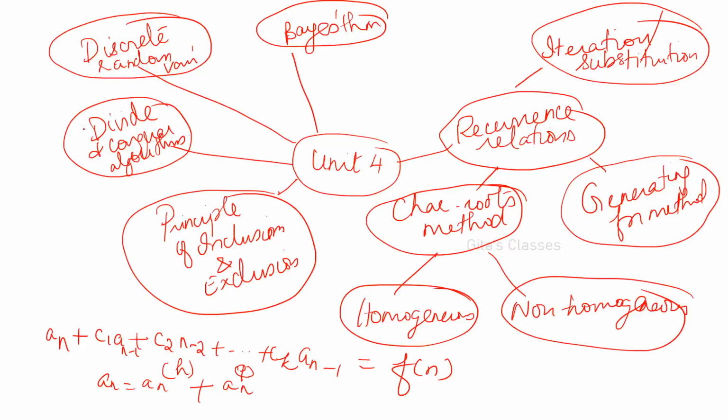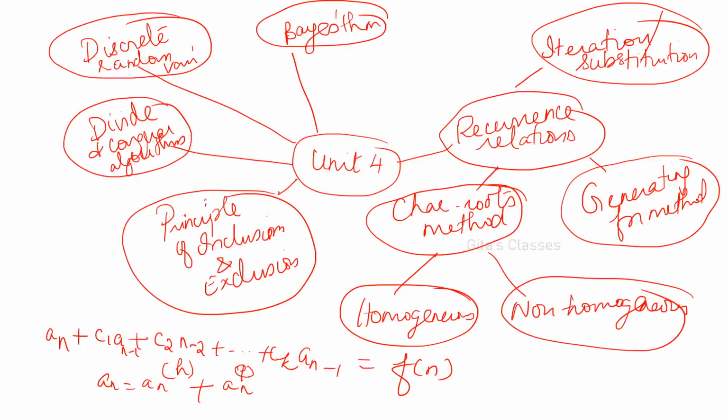There is a separate class for the divide and conquer algorithm. I have given what T of n is, what the recurrence relation for a divide and conquer algorithm is, and in that I have explained how to solve that recurrence relation, and I have given some examples also. One example I have given in that, please go through it, and it is applicable for all the other algorithms like merge sort, all the other sorting or searching algorithms. If you are thorough with that, you will be able to answer these things.